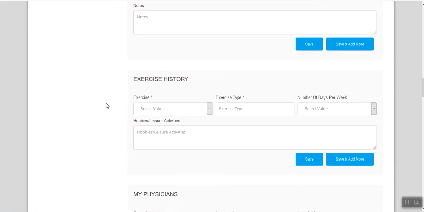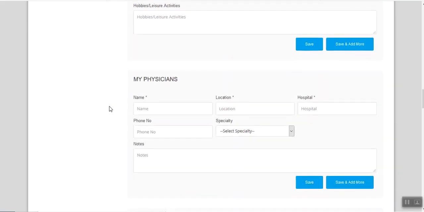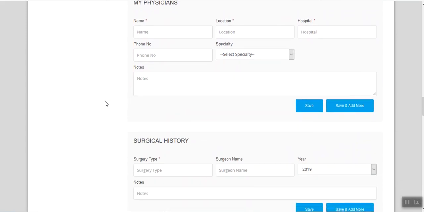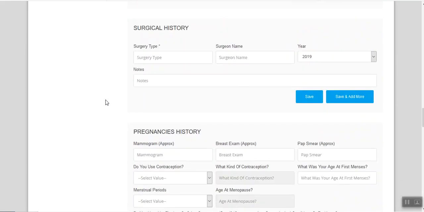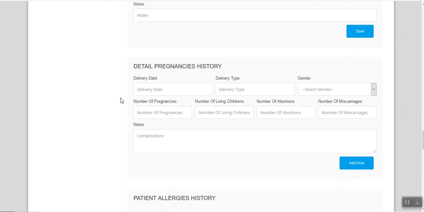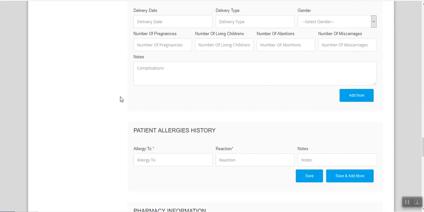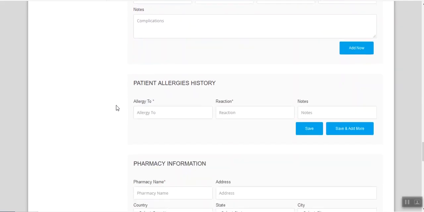And then you can also add your exercise history, the details about your current physicians, your family physicians. You can add the details about your surgical history, as I said, pregnancy histories, their detailed pregnancy history, any of the allergies which you have. So we have a kind of API connected with the system. So when a patient adds their allergies and they are in a virtual video conference with a doctor, and the doctor is adding a medication to them based on their symptoms,